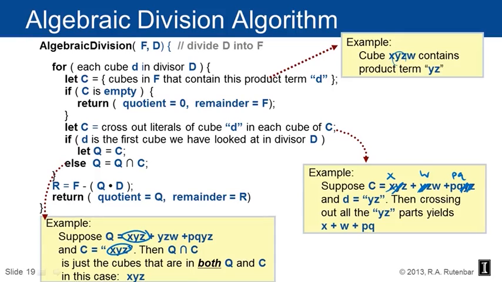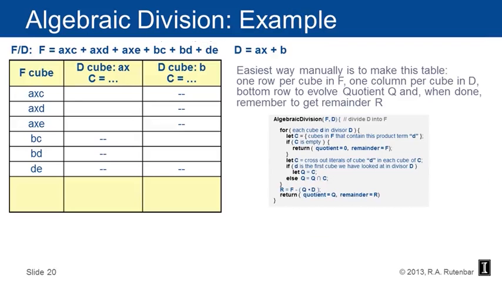And then that, when we're done with the inner loop of that algorithm, is going to give us the real quotient. And then the final step is to create the remainder, which you do by literally multiplying, or if you will, ANDing the quotient and the divisor back together, and then just crossing out the terms you find in F. Now this all sounds a little bit complicated, but it turns out it's not, and it makes a lot more sense if I just show